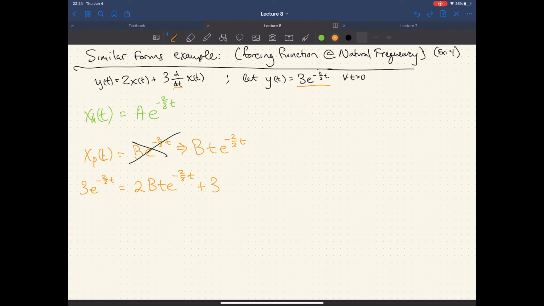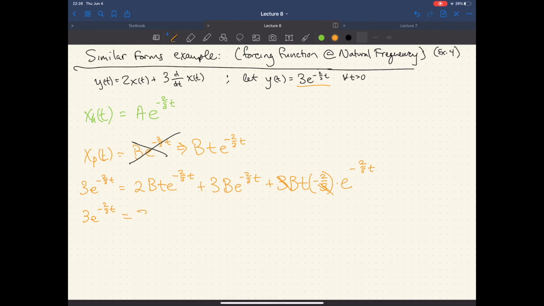differentiation with respect to t, so we're going to have to use our rules from calculus, right? So we have the product rule. I'm going to do the derivative of t first, and then I'm going to carry along that t for the ride. So it's going to be bt, and then we take our derivative with respect to e to the minus 2/3 t, so minus 2/3. And there we are.